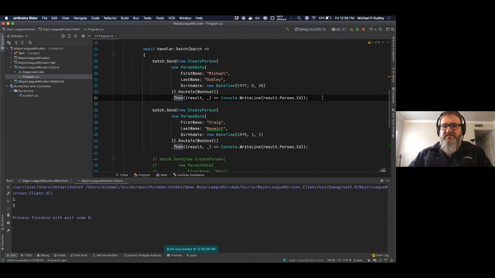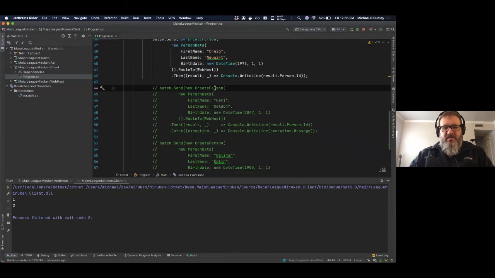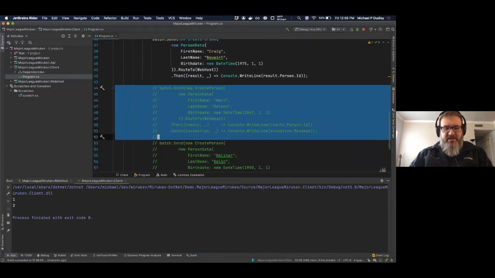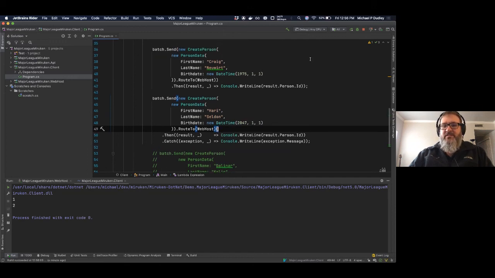There's our IDs. The last little piece I wanted to show is that the integration with validation and HTTP and all this kind of stuff, it all works together. Harry Seldon was actually born in like 47,000, but that's not even a valid date. So I have him being born in 2047, which is not a valid person, right? He can't be born in the future. So if I execute this,